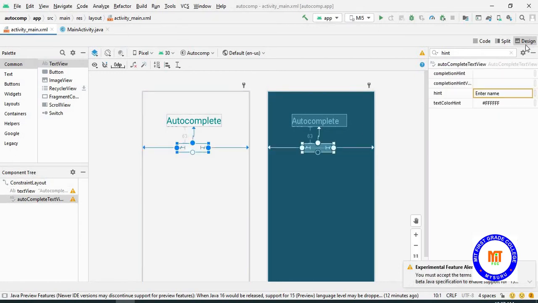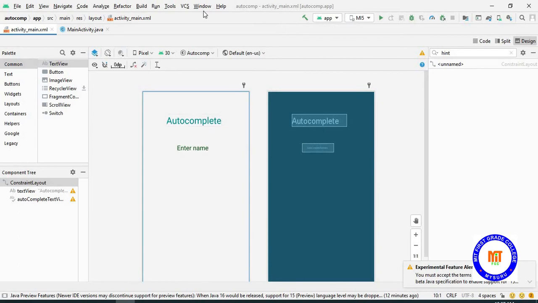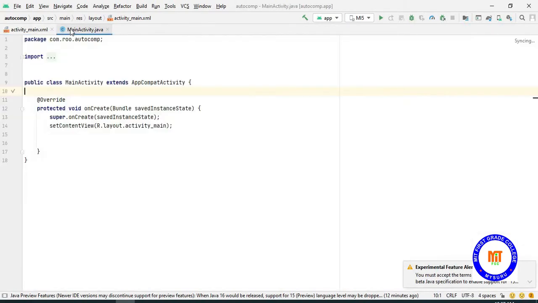So it is not visible. We'll change the color. Okay, now we'll move on to the Java file.